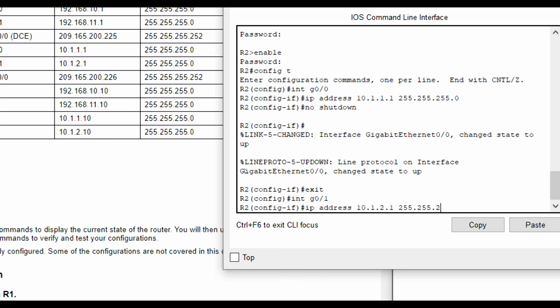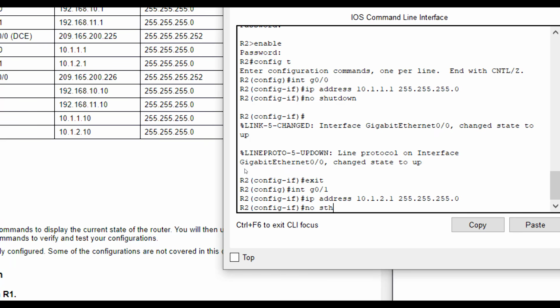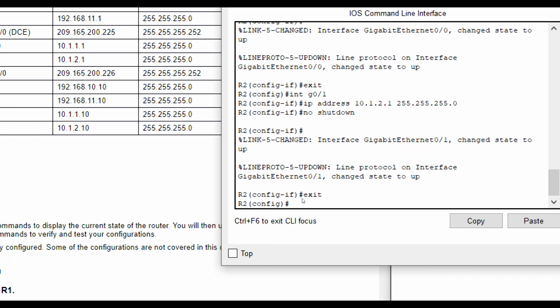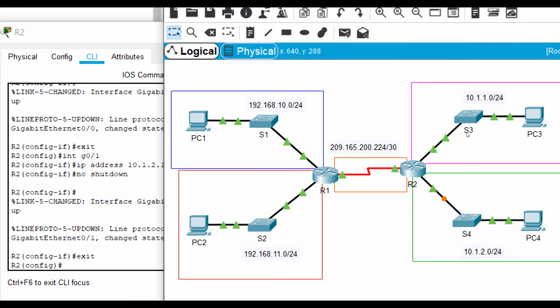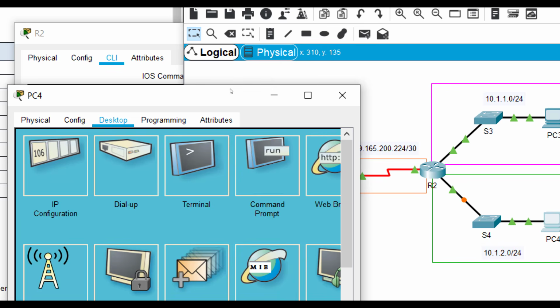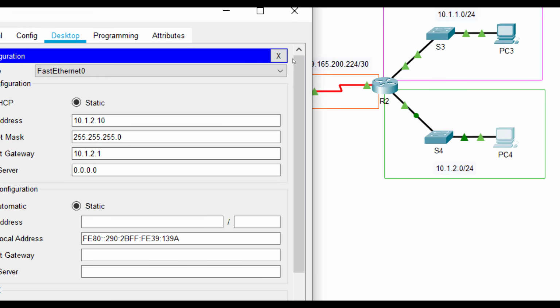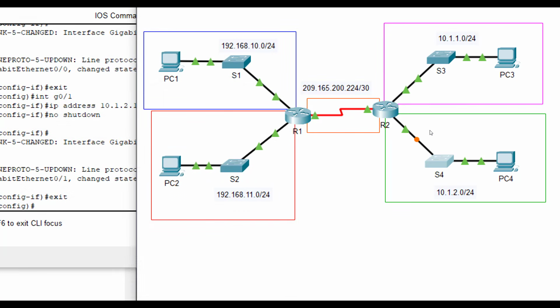10.1.2.1, 255.255.255.0, and no shutdown. Hit enter, and it turns on there. Well, let's make sure that PC4 also has it configured. 10.1.2.1, it does. Now let's go to switch 4,